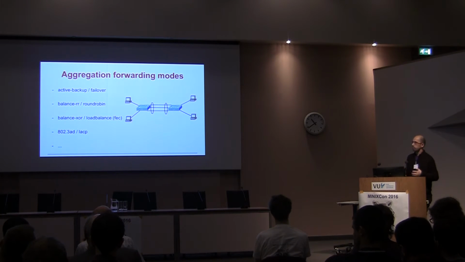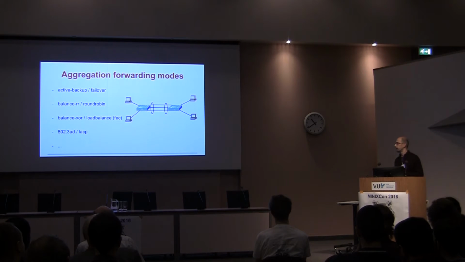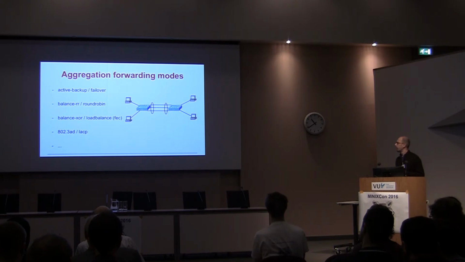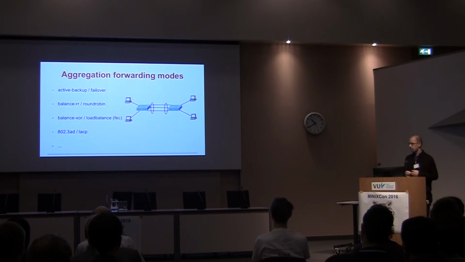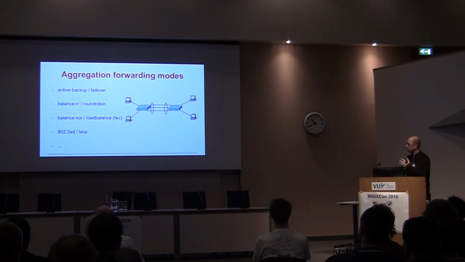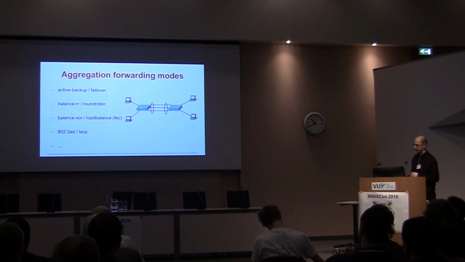And there is an IEEE standard, 802.3ad, which is the old name. The new name is 802.1AX something, which uses its own control protocol, so that we detect failed links and monitor the state of the aggregated link.